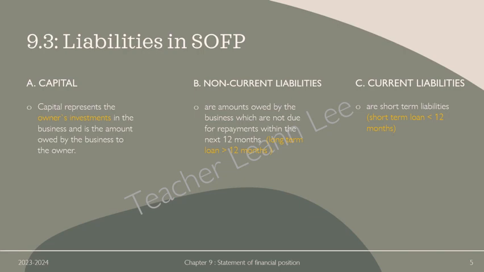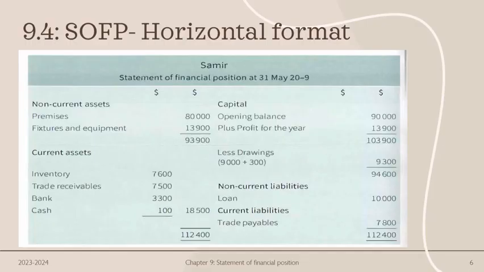Current liability, as I say, is short term. Short term means less than 12 months. For instance, trade payable and other payables. What is other payable? For example, my phone bill I should pay for 12 months, but within the whole year I only pay up to 10 months. The 2 months I still owe to the telecom. So these 2 months we group under current liability. And trade payable, as you know, we need to pay within a 3 months period, so it's less than 12 months. So I group it under current liability. SOFP have